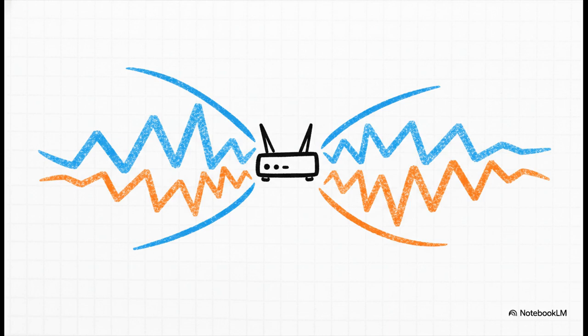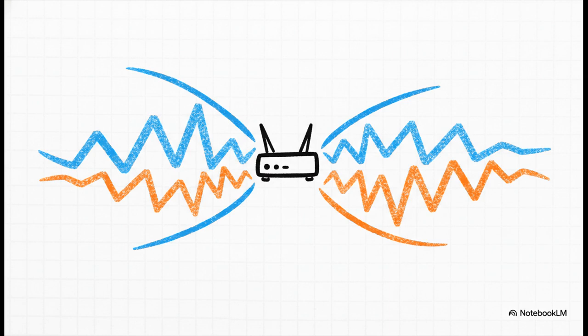See, most routers you buy these days are what they call dual band. And all that really means is they're broadcasting two different Wi-Fi networks at the same time. One is on the 2.4 gigahertz frequency, and the other is on the 5 gigahertz frequency. There are two options, and once you get the difference between them, picking the right one is going to be